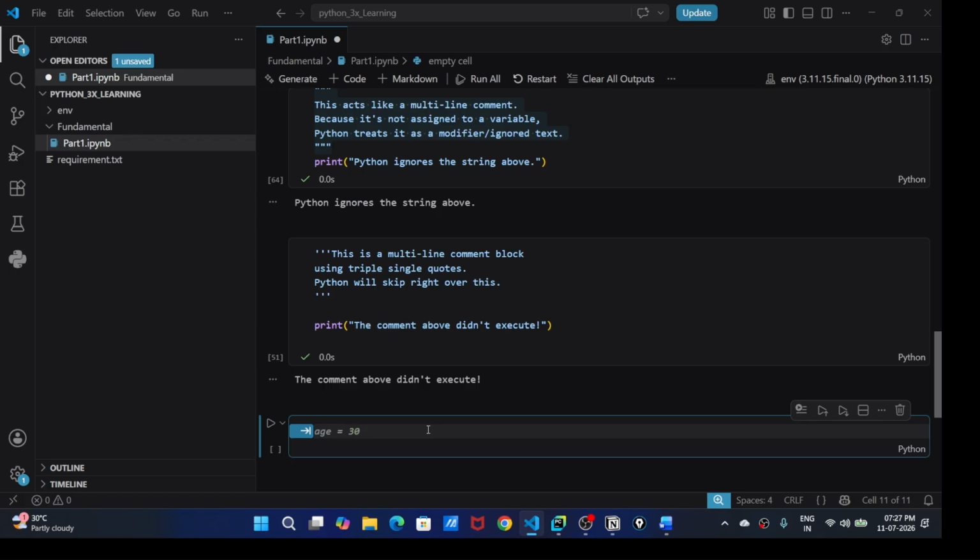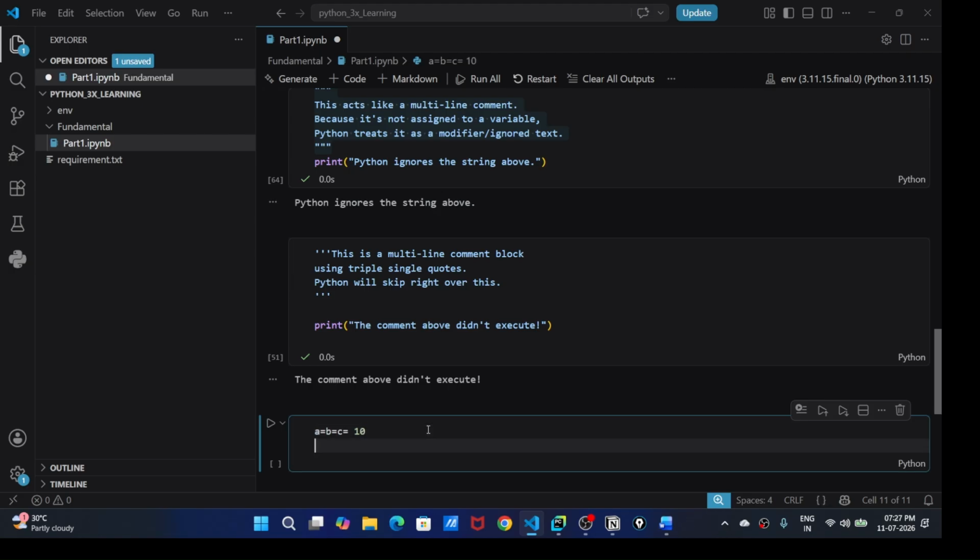Multiple assignment: the same value can be assigned to multiple variables. For example, a equals b equals c equals 10. So a, b, c, all three variables contain the same value.